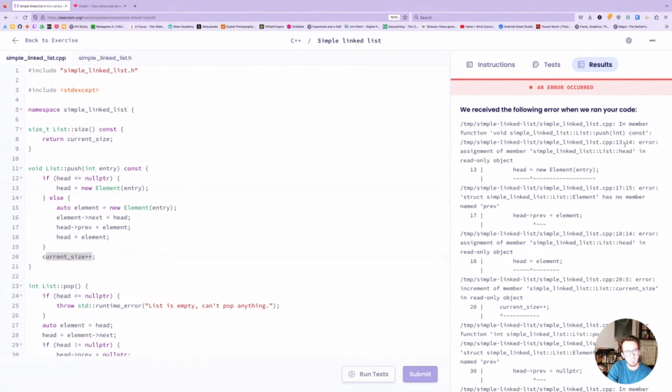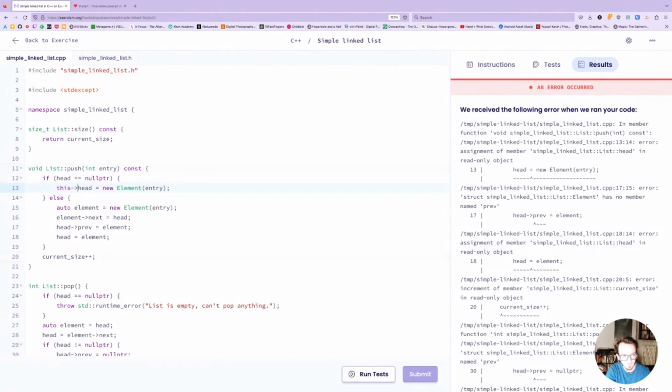The message is not exactly clear, but it tells you: error, assignment of member simple linked list add in read-only object. Yeah, this is a clear way of looking at it. The const makes the object that you're modifying here read-only. So since this modifies a list,